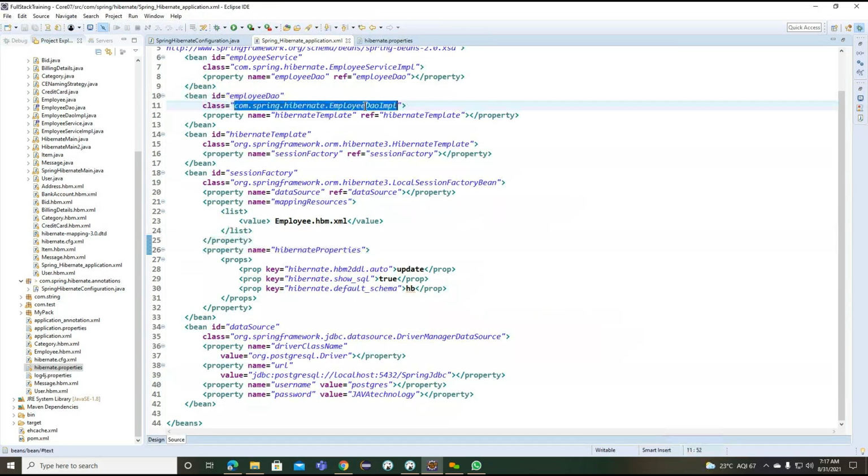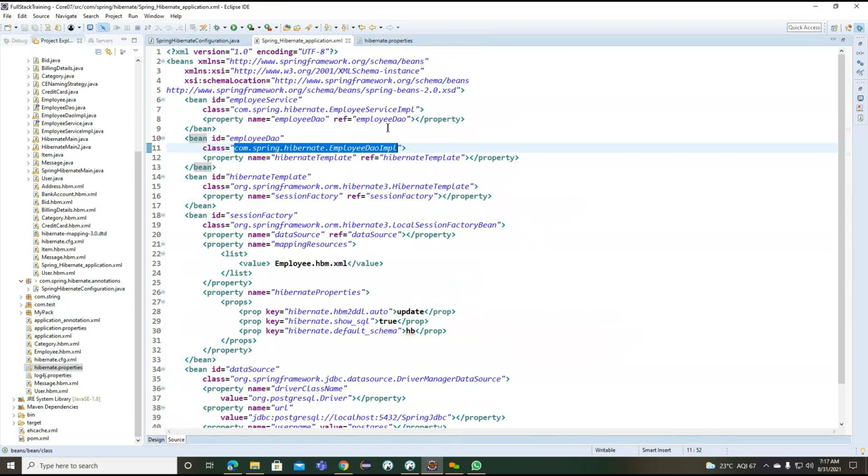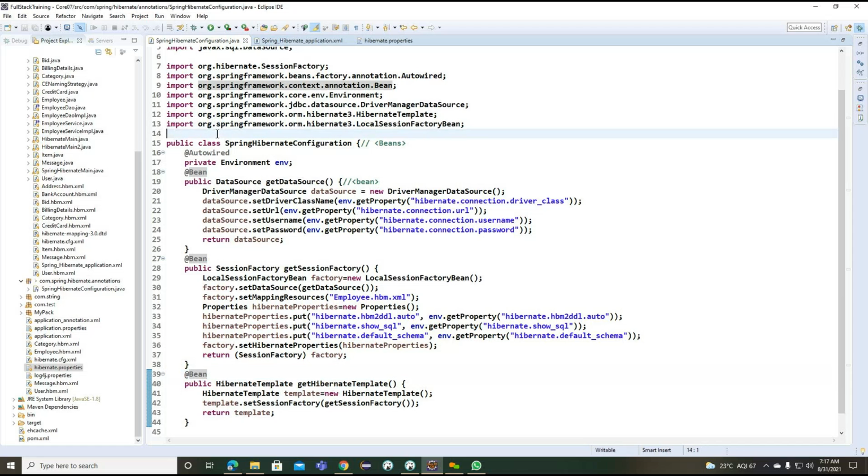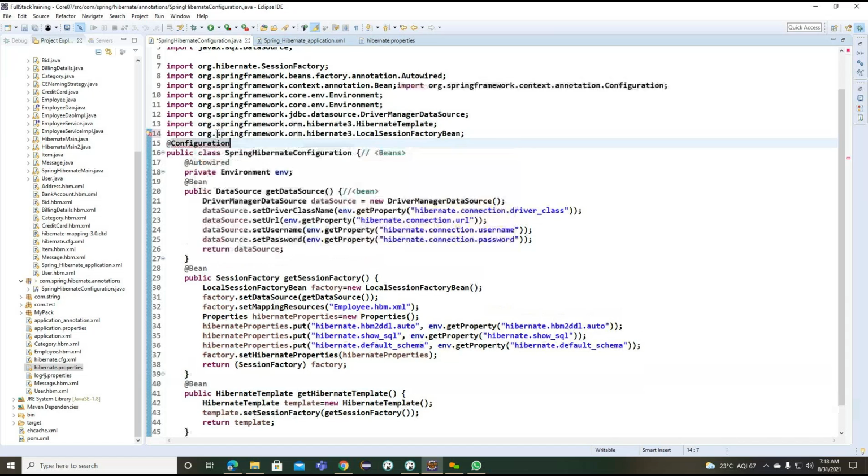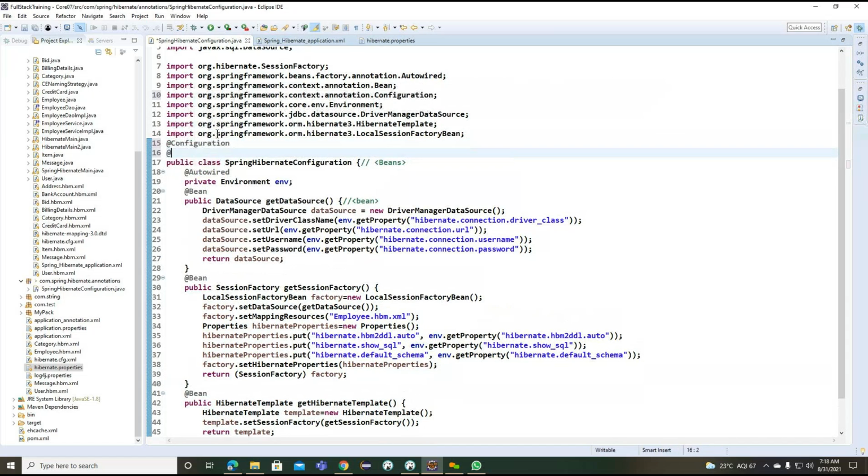And so these are the main classes here, service impl and DAO impl. So for this service impl and DAO impl, what are we going to write here? Basically we'll create them from the stereotype annotations. How are we going to create this as a stereotype here? Getting the point? So to work on these stereotype annotations, first we need to provide this class as the main configuration class, right?